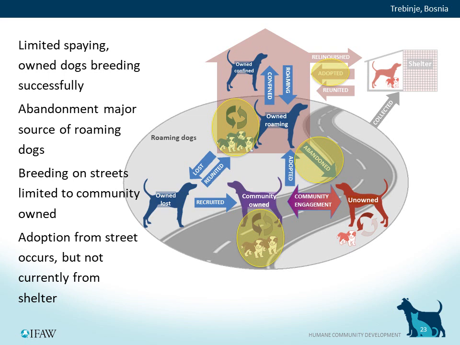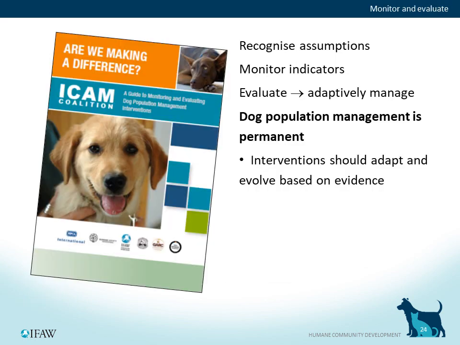In particular, making sterilisation services more accessible for owners so that unwanted breeding within the households could be brought under control. Also exploring ways of improving the accessibility and attractiveness of the shelter and its dogs to encourage adoption. And engaging in some more detailed assessments of why abandonment was occurring, not just of puppies but also of adult dogs, which appeared to be a likely source of the dogs we were observing on the streets.